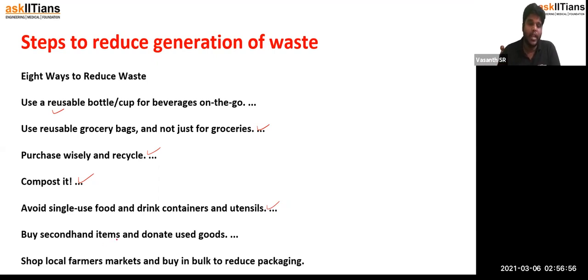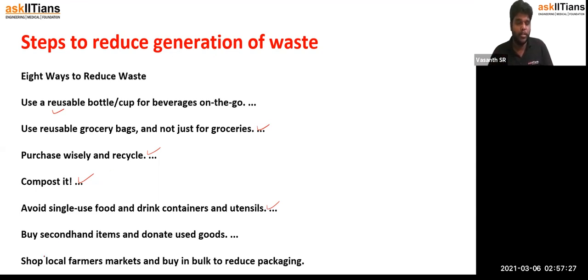Buy second-hand items and donate used goods. Instead of just throwing away things because you have more of it, or something becomes unusable but can be repaired and you want to replace it, we usually repair it and donate it if possible, or tell them to repair it because it is easily repairable, and not to throw it. Donate it instead of throwing it in the dumpster and getting accumulated in the landfill. This would be the best idea to reuse content which is not actually spoiled.